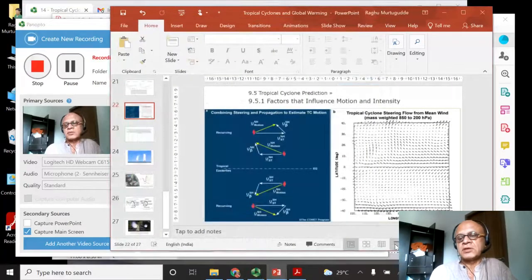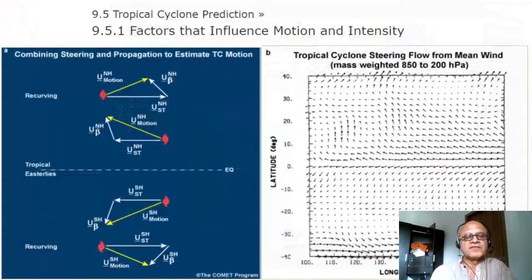Let's just take a brief look at some of the factors that go into doing tropical cyclone predictions. Of course, you have to predict the motion and intensity, rates of intensification, amount of rainfall expected, and so on and so forth. And we've already talked about this beta gyre